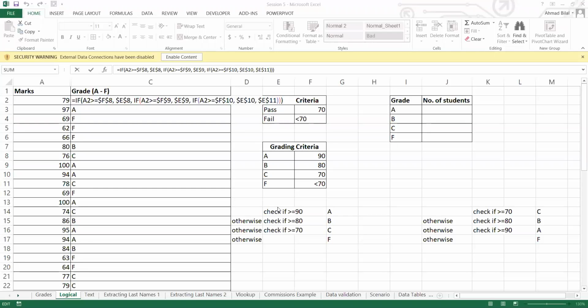ऊपर वाले मार्क्स निकल गए सारे जिनके 90 या उससे ज्यादा थे। उसके बाद आप क्या करते हैं, बाकियों में से जिनके 80 या उससे ज्यादा हैं उनको आप बी असाइन कर देते हैं। तब 80 से 100 वाले भी निकल गए। उसके बाद जिनके 70 या उससे ज्यादा हैं, उनको आप सी असाइन कर देते हैं।